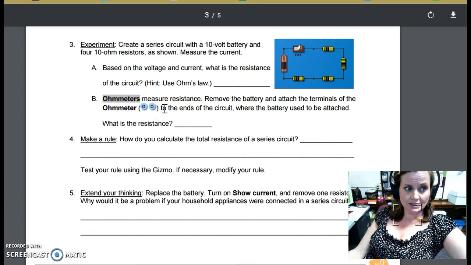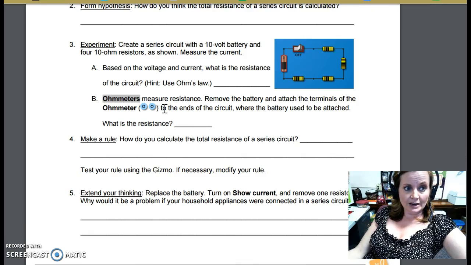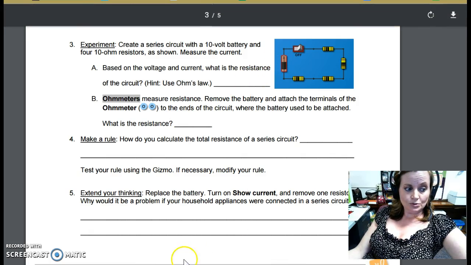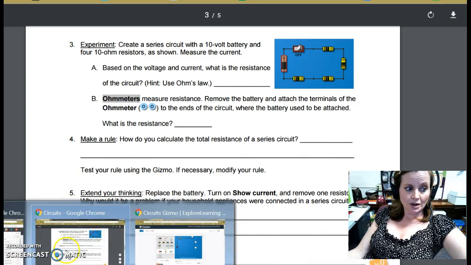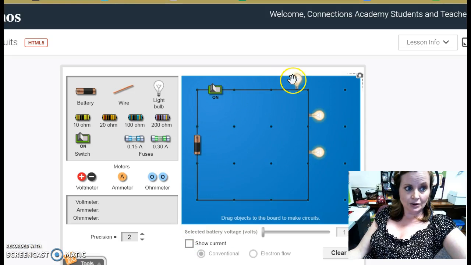Now it says measure the resistance. Remove the battery and attach the terminals of the ohm meter to the ends of the circuit where the battery used to be attached. So you're going to have to do, to make this particular circuit,